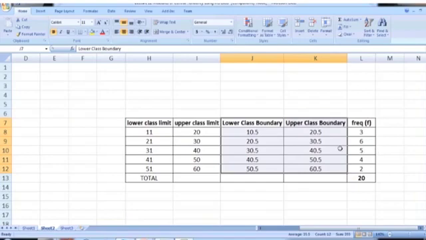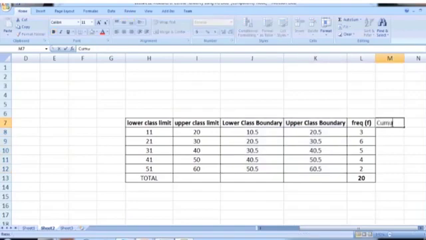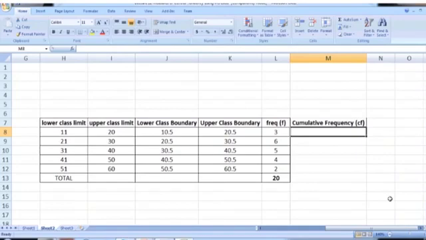So once we have the lower and upper class boundaries, the next step is to calculate the cumulative frequency. So just type here cumulative frequencies, or CF. In order to calculate cumulative frequency, write the first frequency as it is.